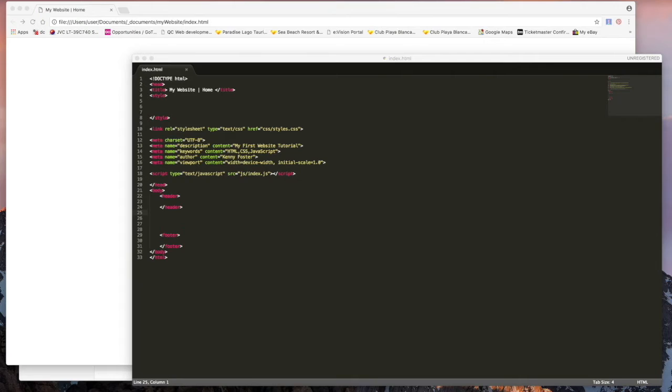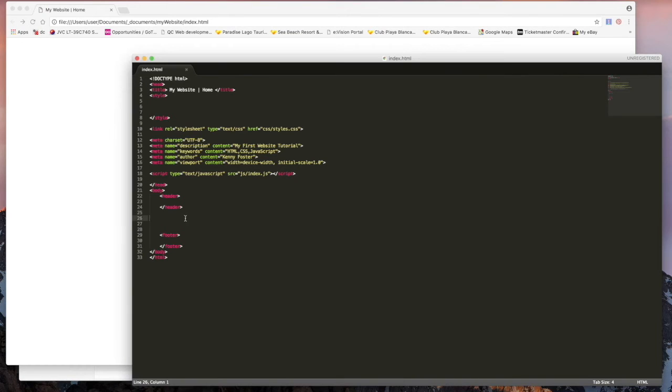Now, alternatively to block level elements, we have inline elements. An inline element does not start in a new line, it only takes up as much width as necessary, unless, as before, it's specified otherwise, unless it's set to have a width of 100% or etc. Some examples of inline elements include A,